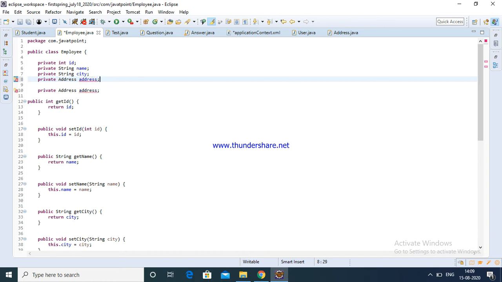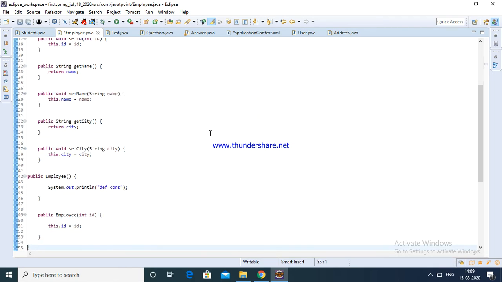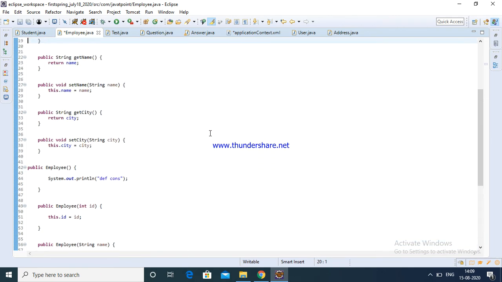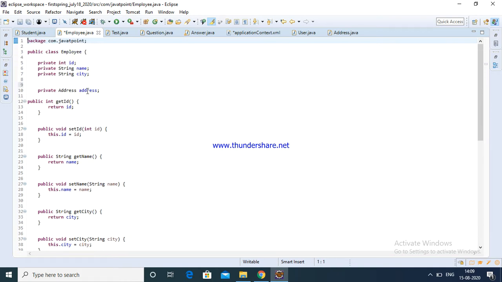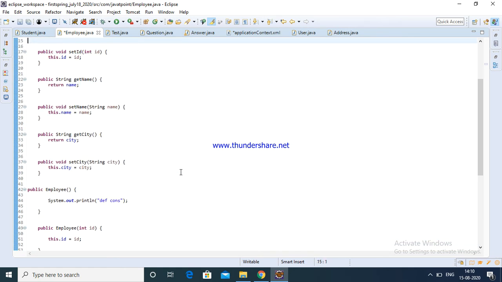Already the address reference is there. Now I am going to create the setters: set name string, and now the address setters.